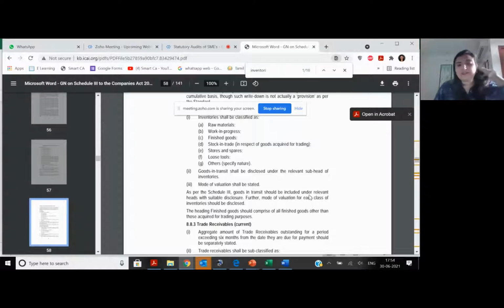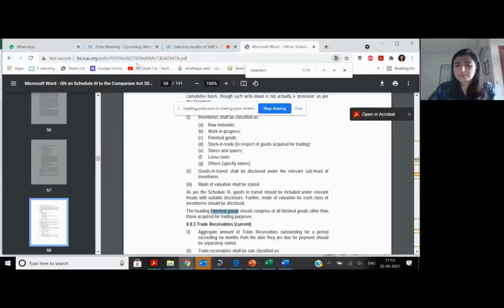They say if there is a variance between book and physical in each category, you have to report separately. What is the category they're talking about? This is the category. Goods in transit has to be disclosed separately. Mode of valuation shall be stated, and all this should be there. All trading should be shown separately. It is not shown under finished goods. Small things, but very relevant.